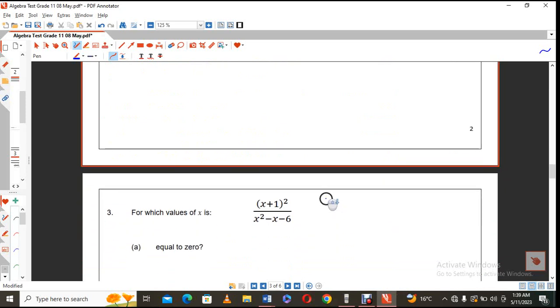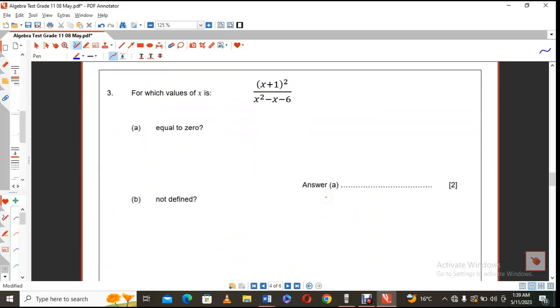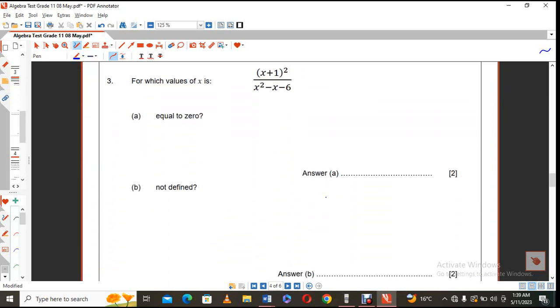Then I have a very interesting question here. What you have essentially is a fraction, although it's an algebraic fraction. You were supposed to say for which values of x, it could be values or value of x. I was supposed to put that in brackets perhaps for this instance. Will this whole fraction equal 0? For that to be the case, the numerator